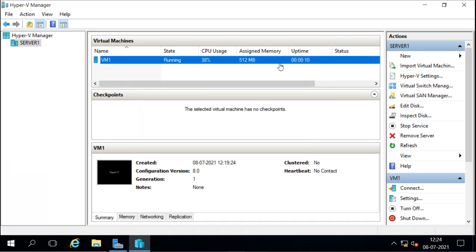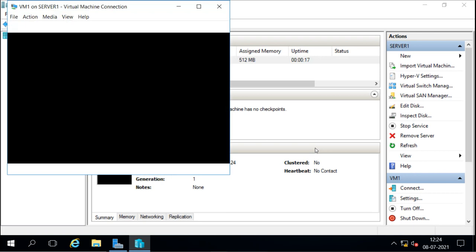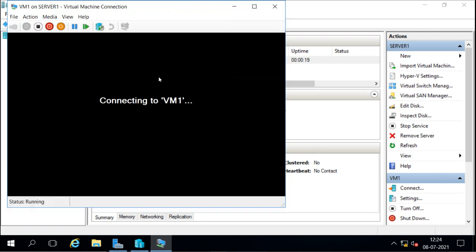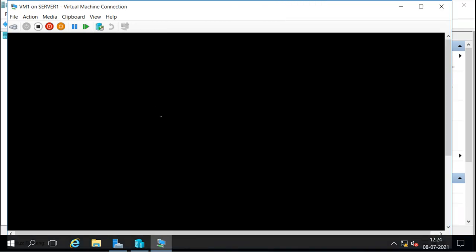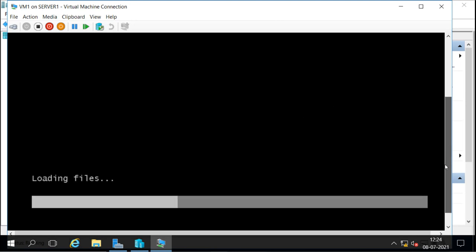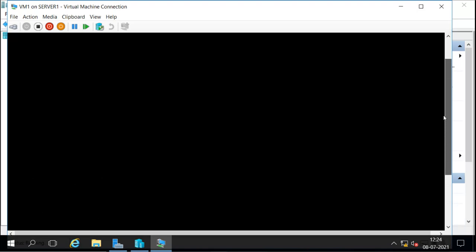Now this virtual machine is started and we have not installed anything here, so it is going to be installing. It is starting the installation here, and as we can see, it is starting the installation because the installation is not there.